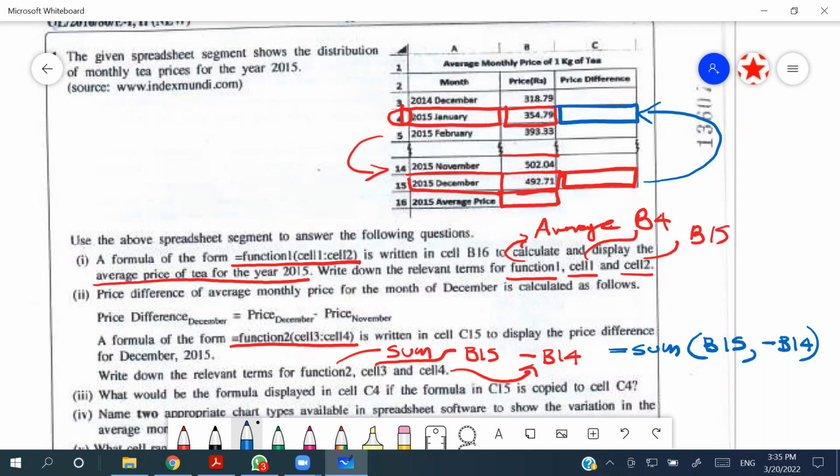So it's easy to match. It's going to be equal sum, B15 is going to become B4